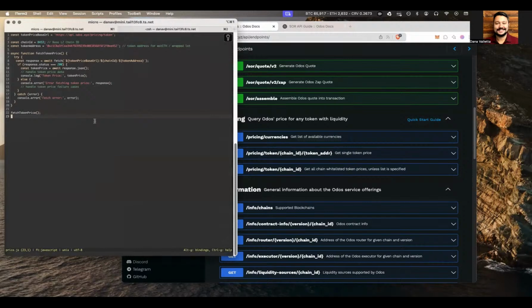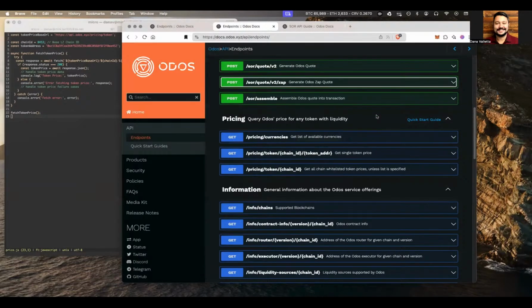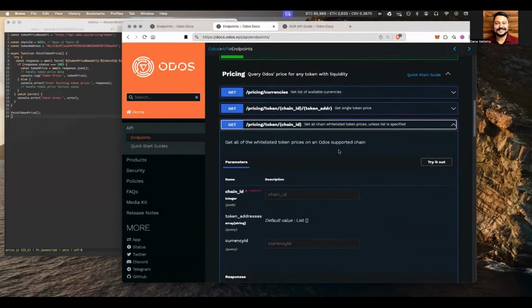The burden is not on you to extrapolate each individual token address because while Odos supports a large number of tokens, it's not infinite. We manage a whitelist. I think it has something like 60,000 tokens now, but it is a managed whitelist. If you want to see all the tokens that are available on a chain that we would be able to return prices for, you can do so with the chain ID endpoint here. Again, just reference our API endpoint documentation. This is a Swagger instance here. You expand it and you can see the parameters.